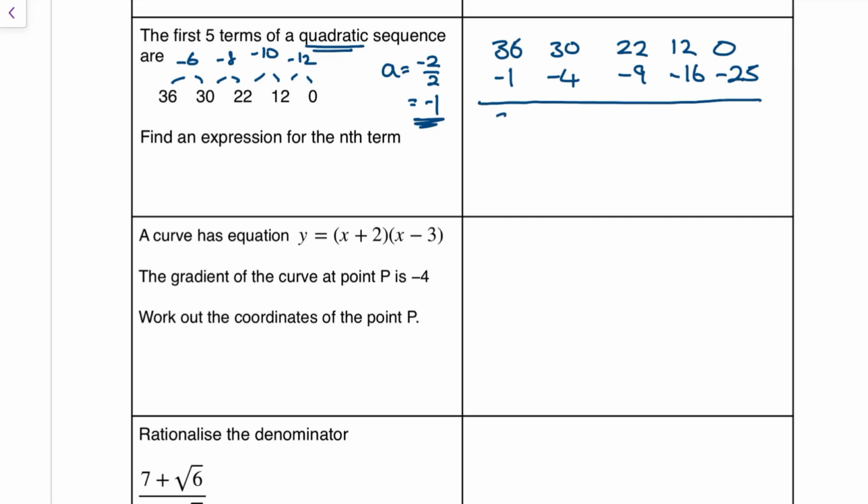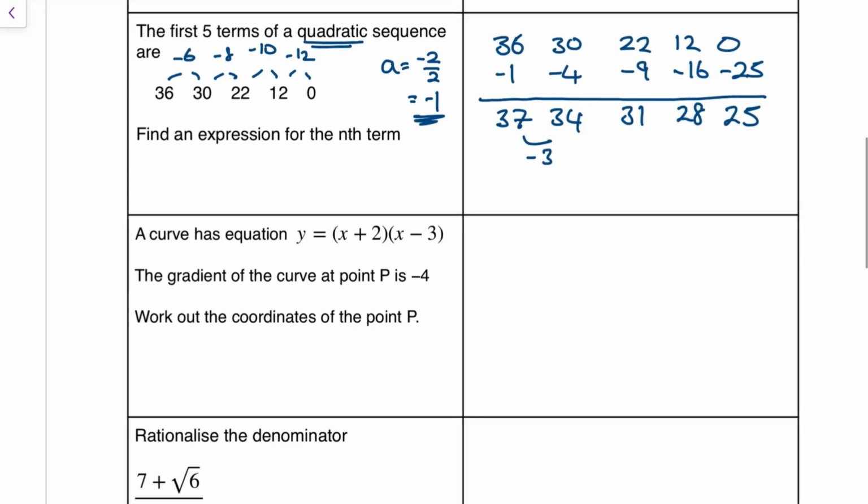36 minus minus 1 is actually 37. 30 minus minus 4 is 34. 22 minus minus 9 is 31. I'm hoping these are all going to go down by 3. 12 minus minus 16 is going to give me 28. And 0 minus minus 25 is 25, which does indeed all go down by 3, which means my nth term